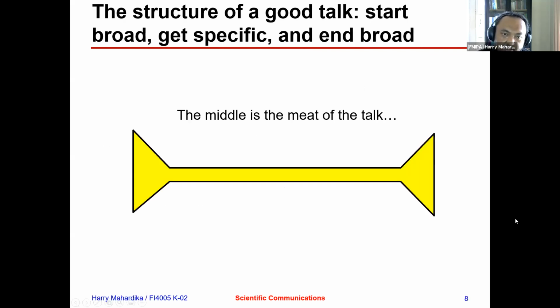Okay, so the structure again: you can be broad at the beginning, then get specific, and then end broadly. The middle is the meat of the talk. This is where you talk about the equation, the method, the equipment that you use, and so on. The middle is basically the meat of the talk, where you put all the specificity, or the special things that you already worked on